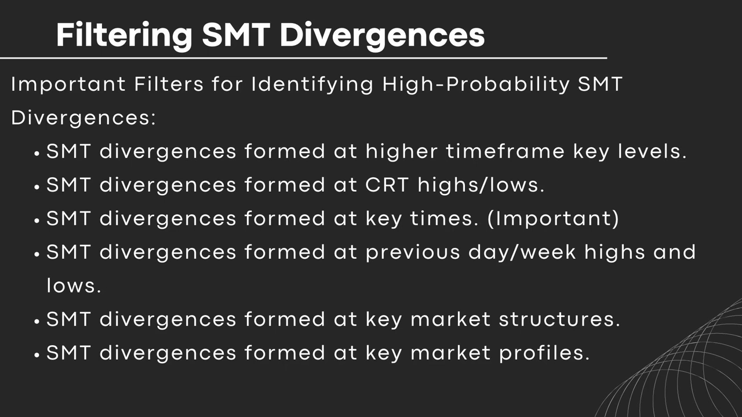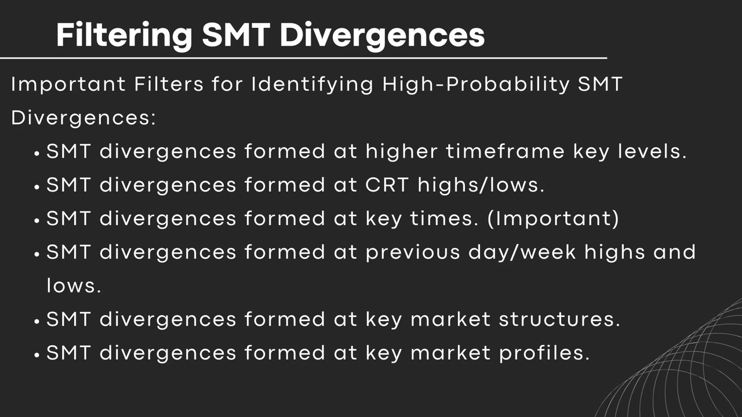I've discussed this before. Another important filter for SMT is that high probability SMTs are formed at key market profiles. What I mean by that is that the best SMT are formed during certain profiles, right? Such as the manipulation profile and the reversal profile. And price tests a key level, and then that particular market profile, such as the manipulation profile or reversal profile, occurs at a key time, such as the London Open or New York Open, and with that it also tests a key level, and then there is an SMT